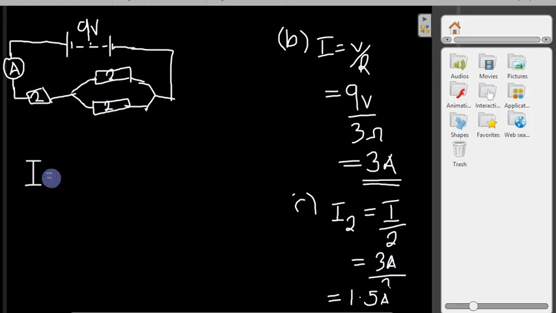is equal to, let's say we are finding for this one, we say I2. So I2 is equal to, now since we said this is resistor 2, this is resistor 3, you pick the resistor below, R3, sorry. So you don't pick the same resistor whose current you want to find. You pick this one to be the numerator. Then you divide by the sum of these two.